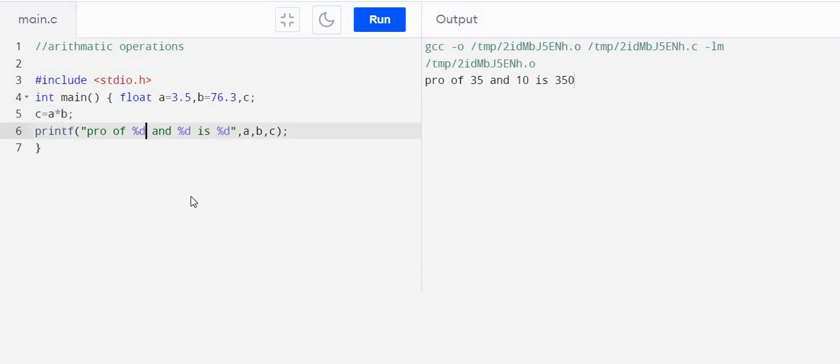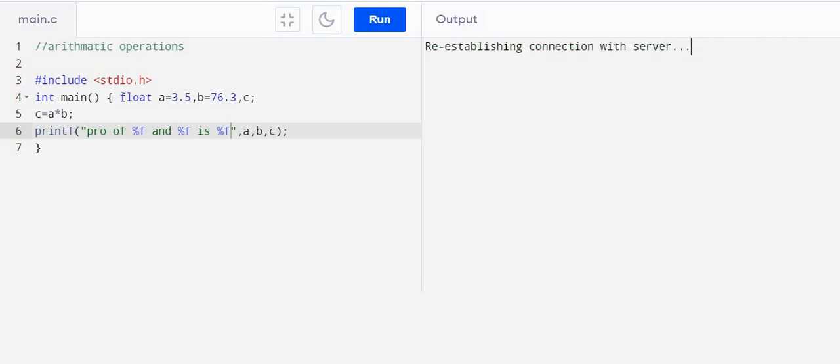Now all are float, so let us say F here, and here is also format specifier F for the floating numbers. So you'll get the answer of product of these two numbers, whatever numbers are there. Product of this and this is this. So what is the product that you are getting here? So similarly the float works.